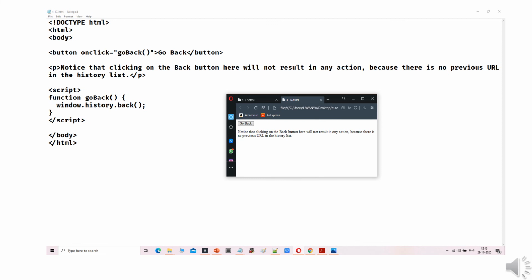After executing this code we will get this output. After clicking the go back button, nothing happens, because there is no previous URL in the history list, that's why it remains the same.